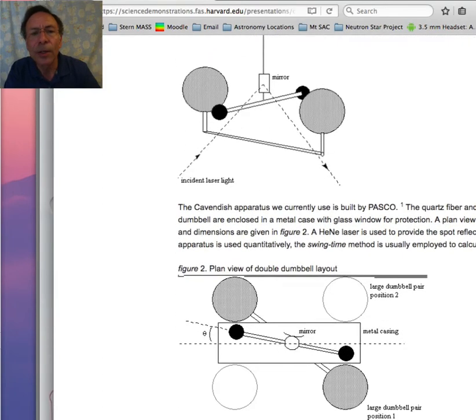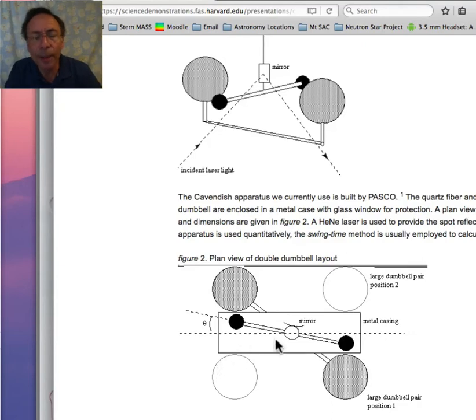Yeah, so here is a top view diagram. The two balls are going to be like this. This is their natural position. And then when you bring the big lead balls nearby, then there's a gravitational pull this way, like this, right? They're being pulled together. By the same token, these two are being pulled together, and so they now find a new orientation. It's a tiny, tiny motion, and to make the motion more obvious,